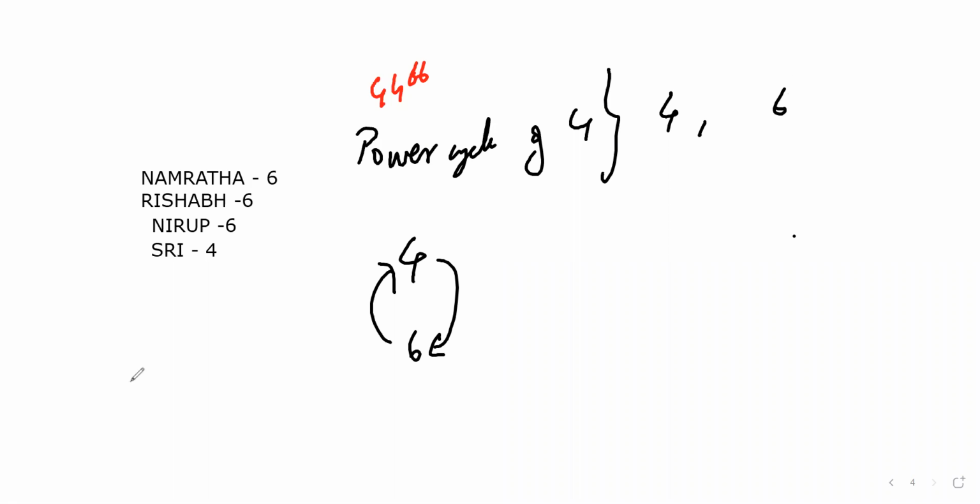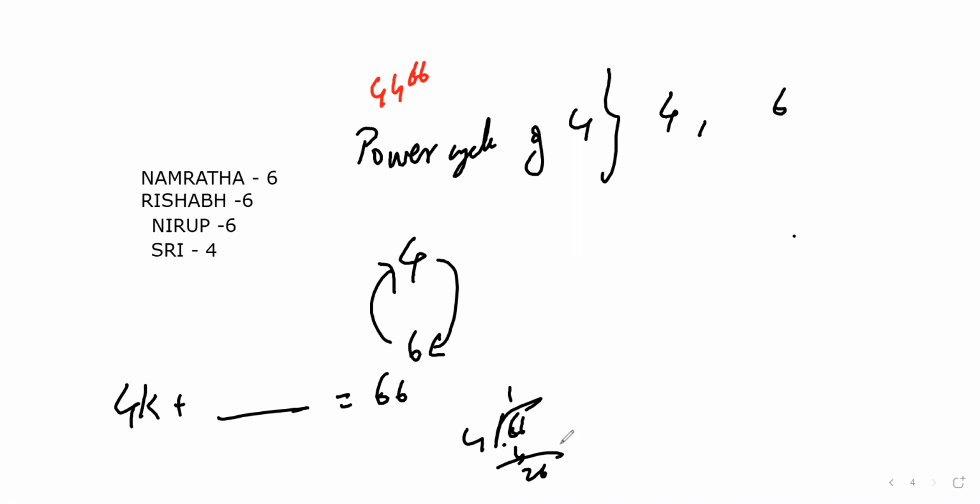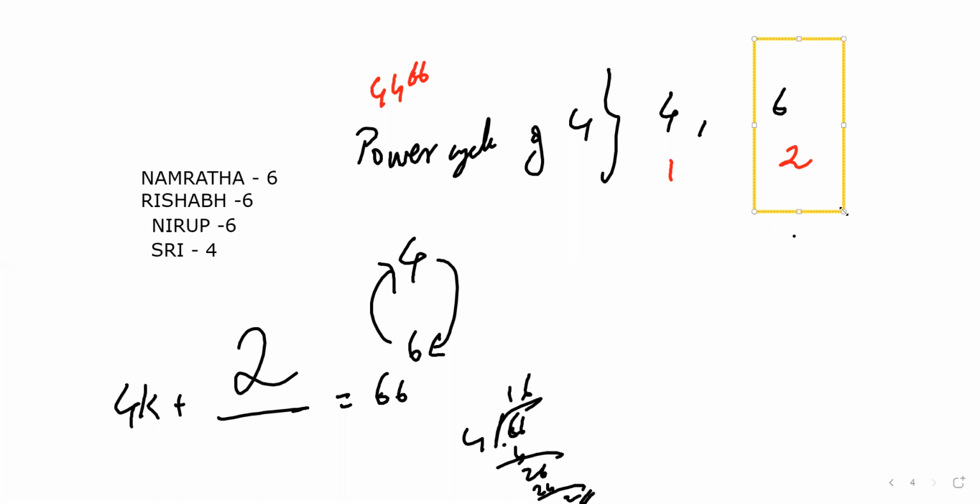Now next rule is what? Step number 2. 4k plus remainder is equal to the power. It is 66. Now divide this 66 by 4. 4 ones are 4. 26 is coming. So 24. So the quotient is 16 and the remainder is 2 here. Mark it here as 1 and 2. If it is 2, then what is the correct answer here? What do I have to mark? I have to mark here as 2. So the answer is 2. That's it. The last digit is 2 here.